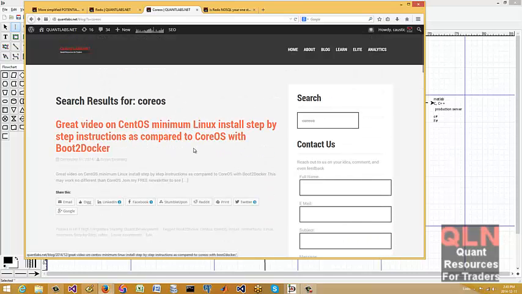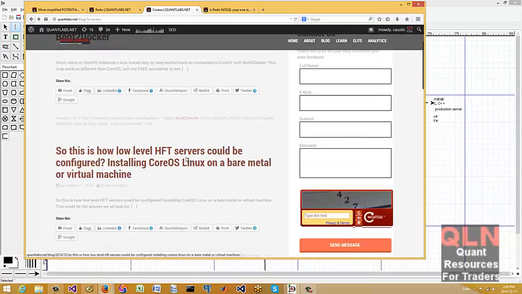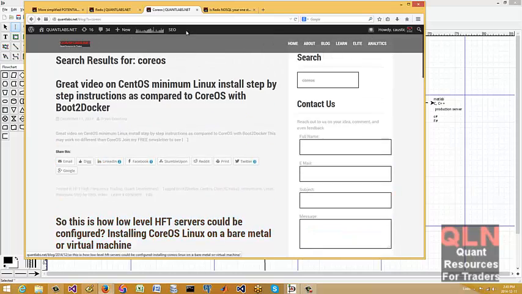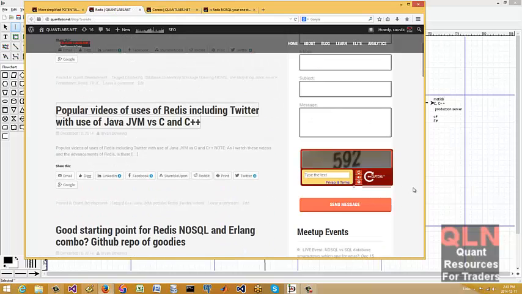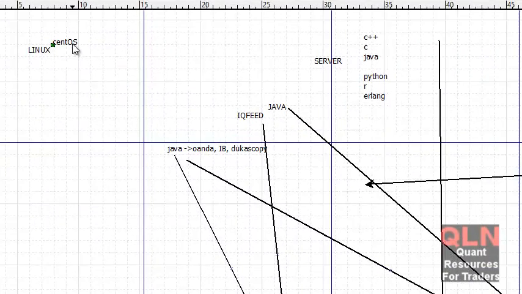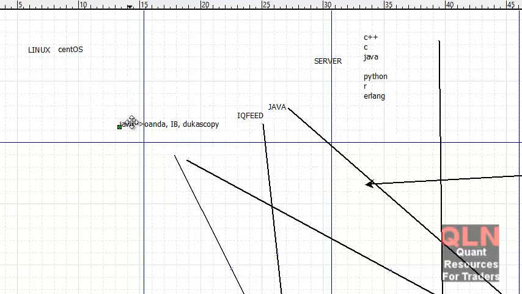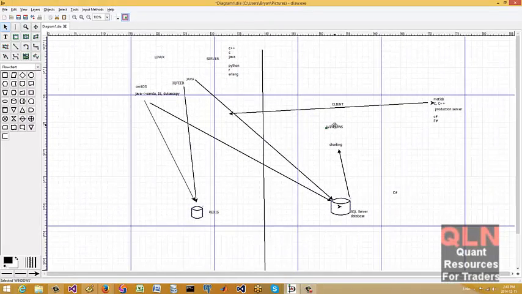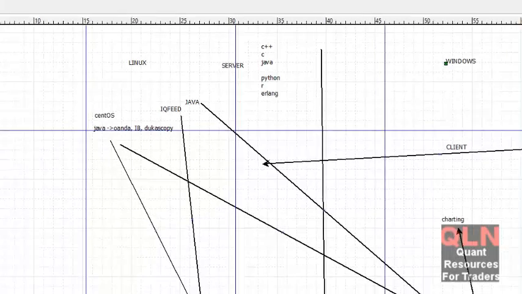But CentOS, and from my perspective, I don't see the difference between the two for performance. I mean, honestly, you're splitting hairs there, and I'm not too concerned about it, but it's always nice to have options, okay? So there's that. So let's say we go with CentOS as the distribution, okay? Yeah, so we've got Java here, that can fall under that too, right? So no different really there. Nothing really changes here as well on the Windows side, because the charting really is Infragistics. I've talked about that. So you can see it somewhat simplified.